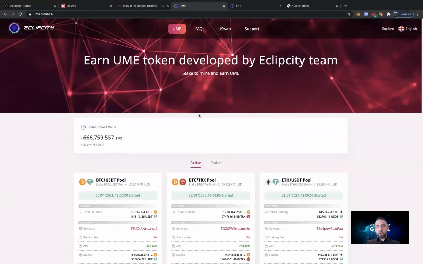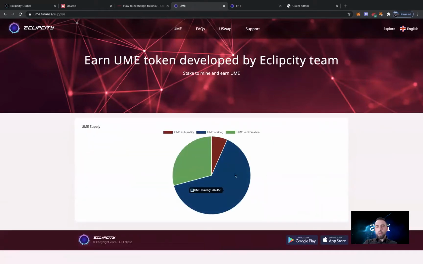UME, first and foremost, 23 million total supply. That is the total emission. There's only 290,000 UME on the market currently. Let's just have a look at that to be sure. Let me see here. Explore UME supply. We see 207,000 in staking, 94,000 in circulation. That means we have